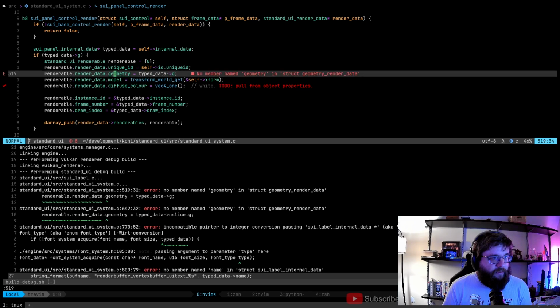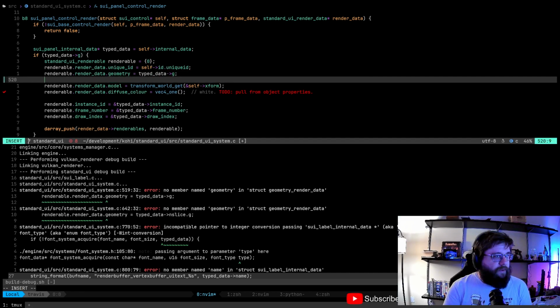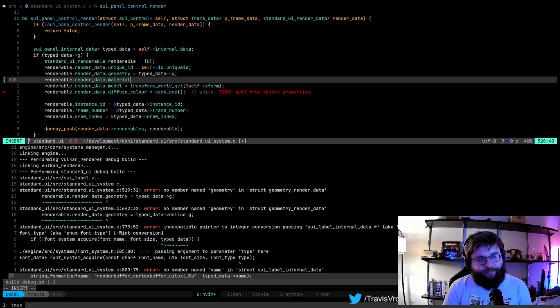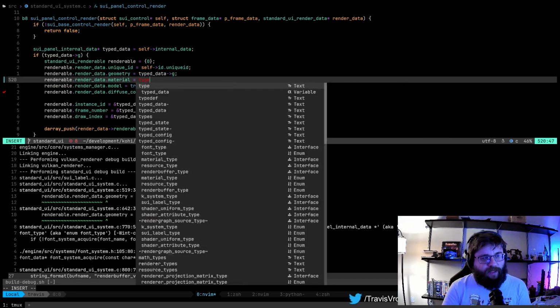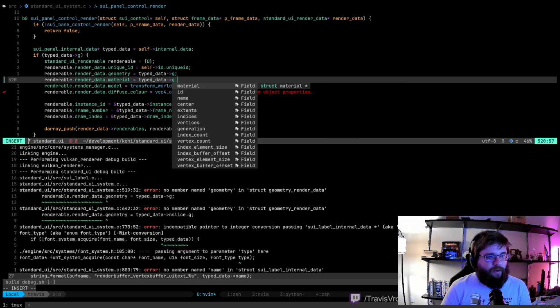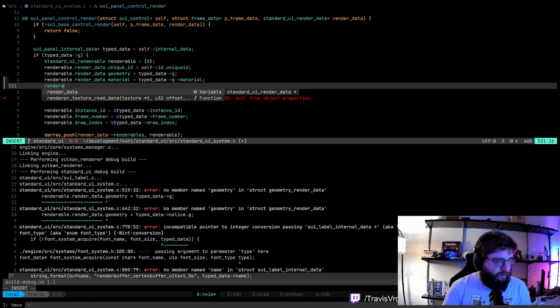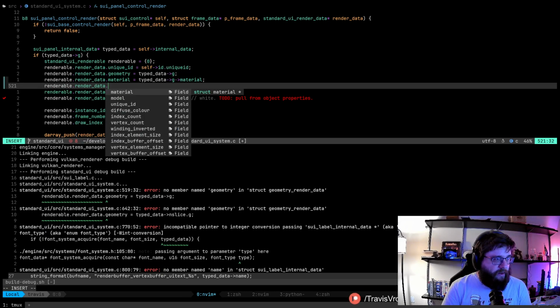So I think let's go ahead and just go below this and say renderable render data. And we'll do the material. Well, I guess we can do the material first. So typed data G material, renderable render data.